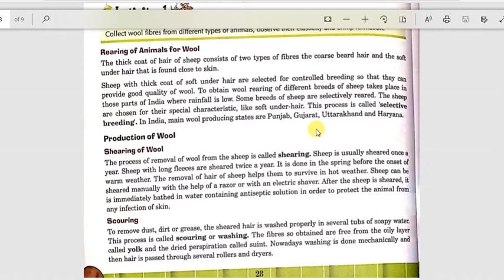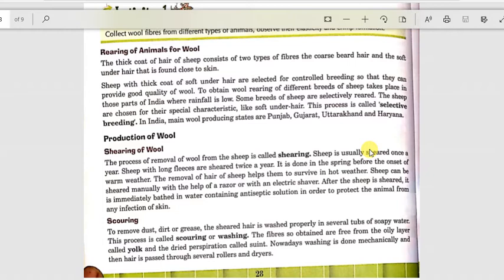To obtain wool, different breeds of sheep are reared in those parts of India where rainfall is low. Some breeds of sheep are selectively reared. The sheep are chosen for a special characteristic like soft underhair.